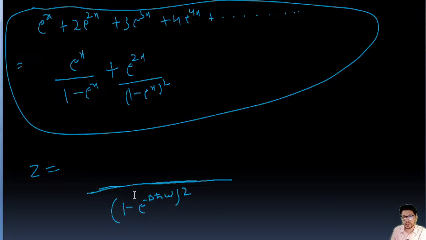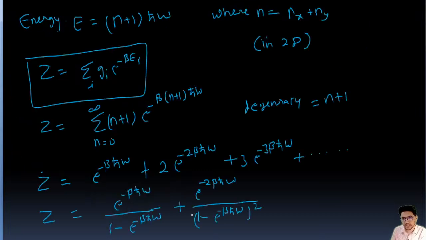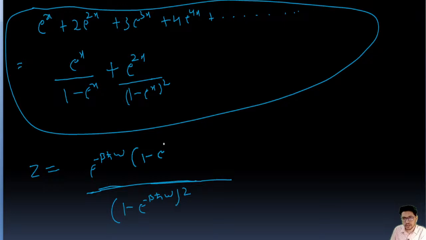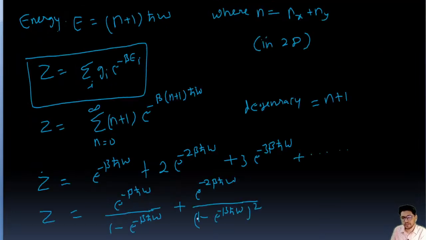So this is going to be e to the power minus beta h cut omega into 1 minus e to the power minus beta h cut omega, and this is plus e to the power minus 2 beta h cut omega, okay. We have just simplified this one, okay. So LCM is this, right? And then